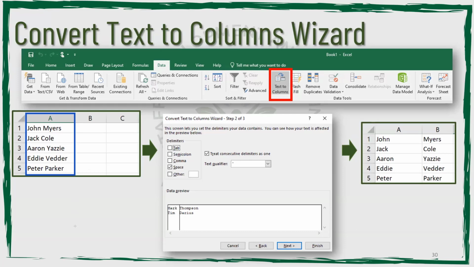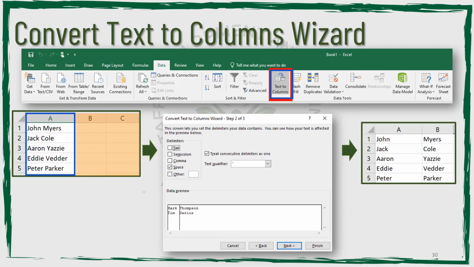Just imagine the tedious process of having to highlight each last name, cutting and pasting to the next cell, highlight, cut, paste, highlight, cut, paste. It seems tiring just talking about it. But if you take a gander at your data tab, and go into your data tools, you'll see a command here that says Text to Columns. Just as long as you have empty columns next to it